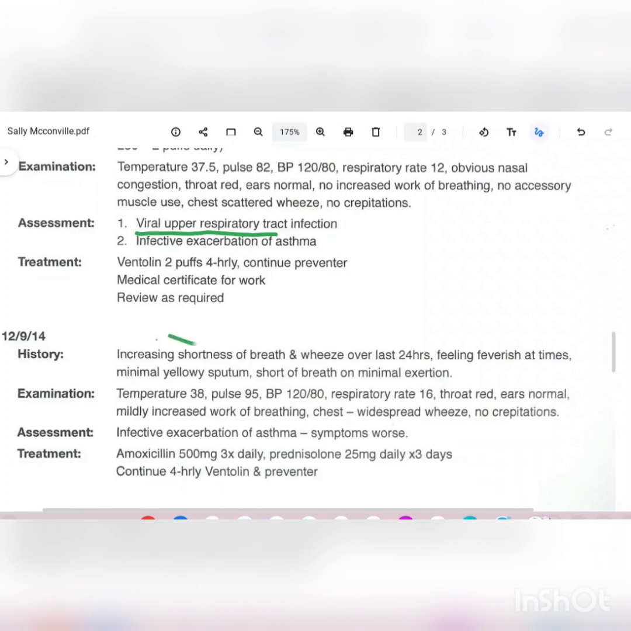Yeah, symptoms are exacerbated. That means it worsened the condition. It increased, worsened. On examination, temperature is increased. You can see that blood pressure is still the same, but respiratory rate is going up, now it is 16, and the throat is red and ears normal, with mildly increased work of breathing, just widespread wheeze, no